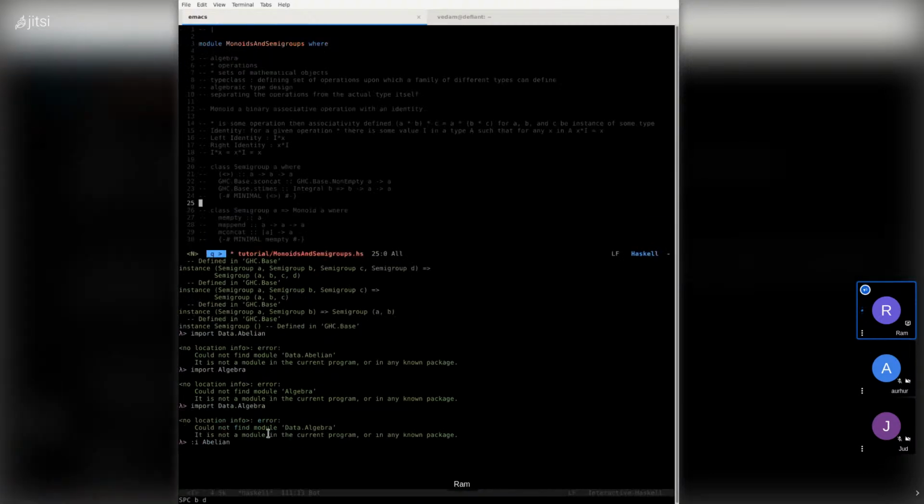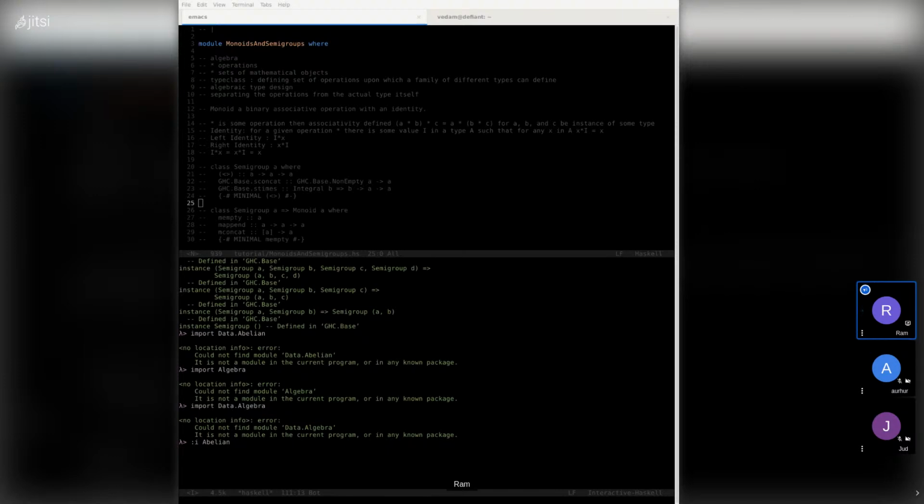I may have an earlier version of Haskell here in which it may not be defined, but I'm pretty sure it should be defined. But I'll move forward. If you just look up abelian in Hoogle, which is the Haskell wiki-based search engine that allows you to look up type classes that are available at your disposal, it is there.